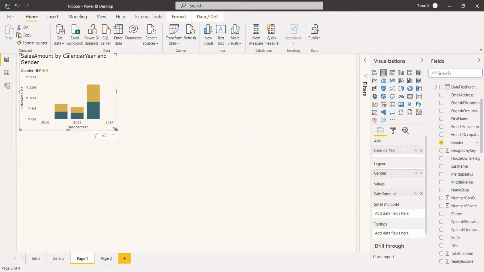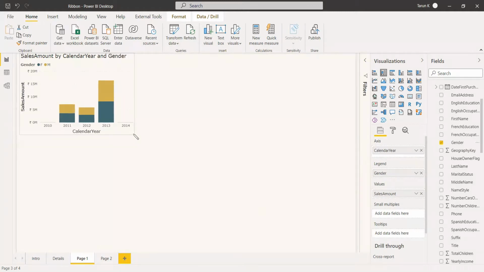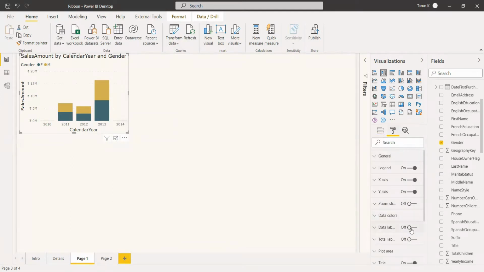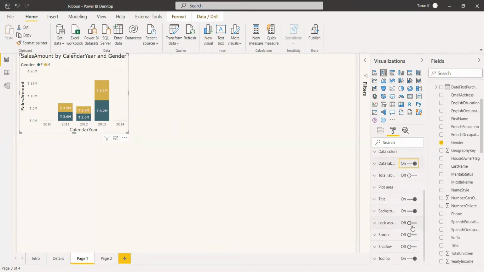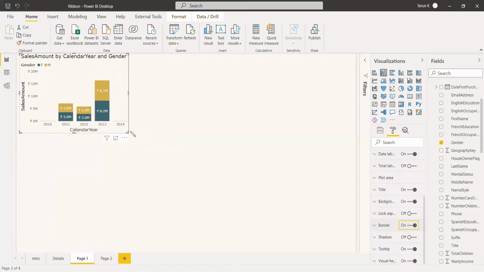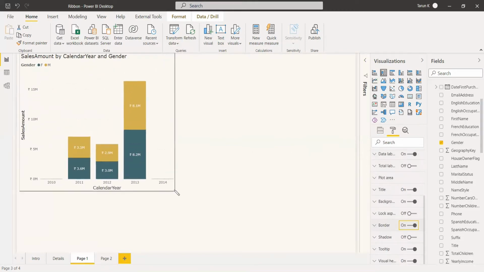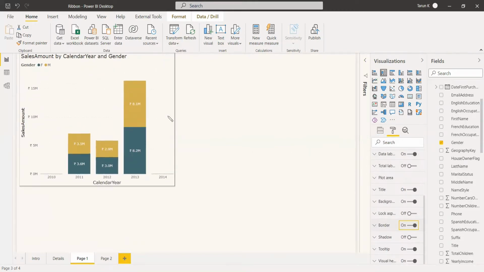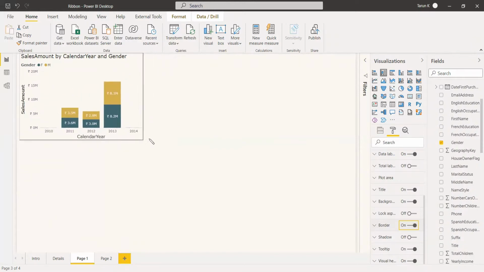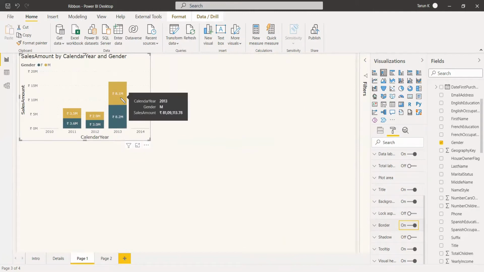So here we can find the female and the male distribution. We can give the data labels and border also. So here we can clearly see, this is in millions.